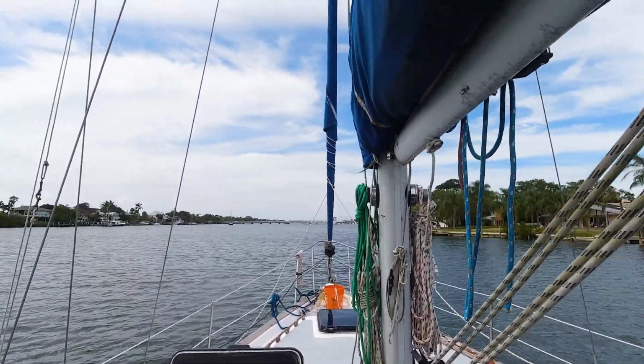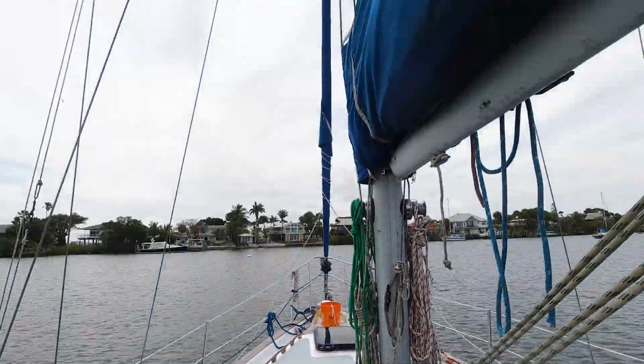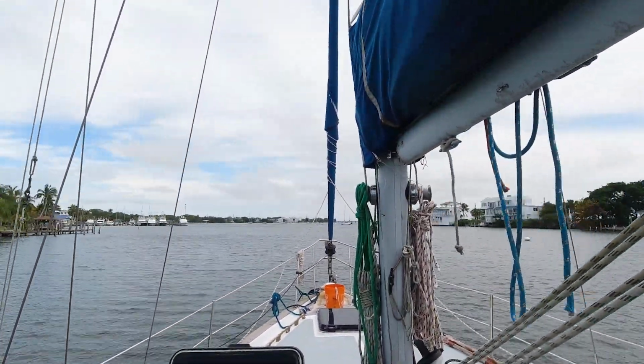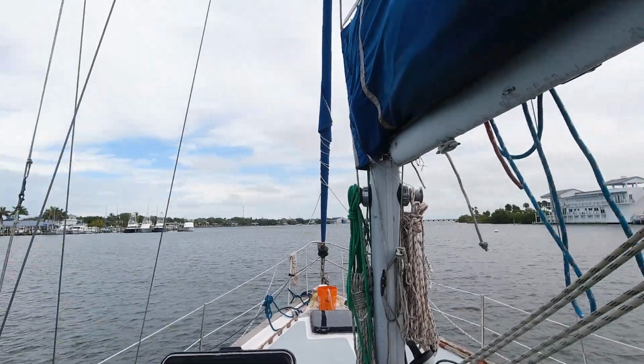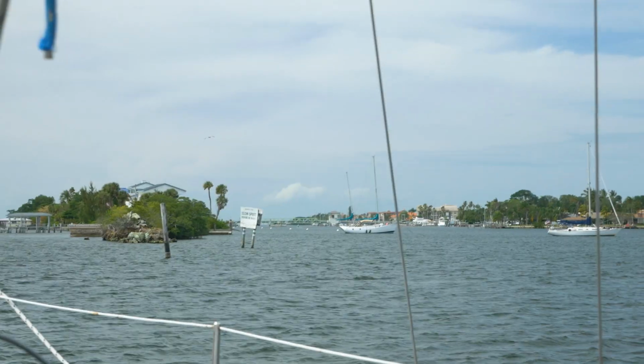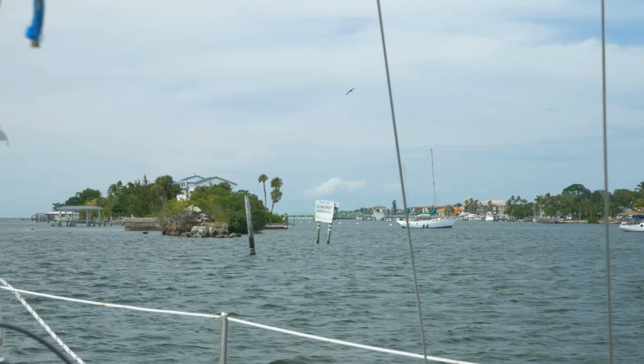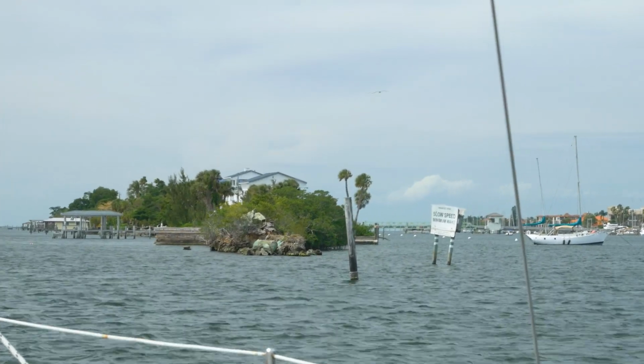But it was basically all clogged up, as you can see, with other boats. There's probably a bunch of crab traps in here that you maybe can't see in time-lapse mode. And then there's a whole series of mooring balls with no boats on them. So we decided to anchor just on the outside on the Indian River, just outside of, I think it's called